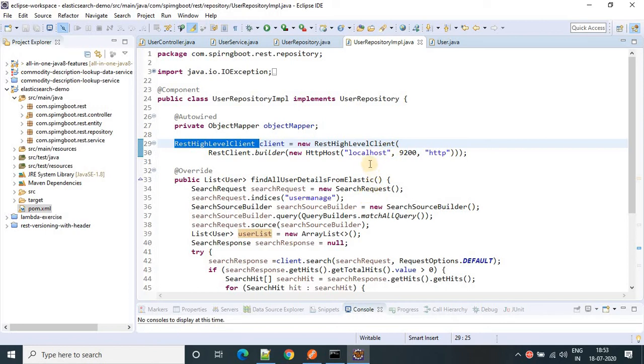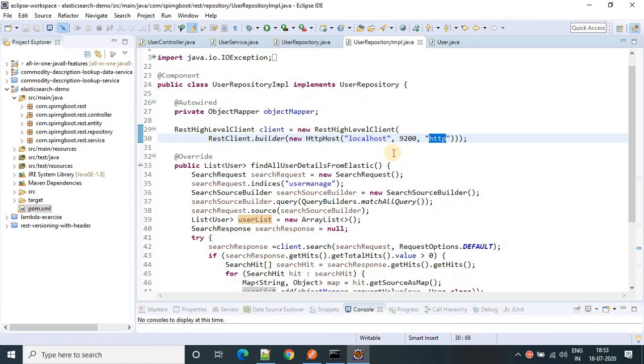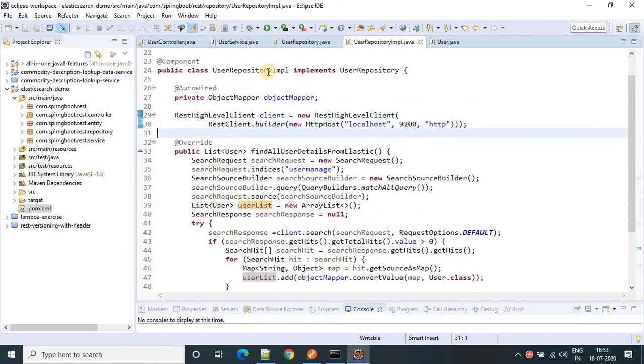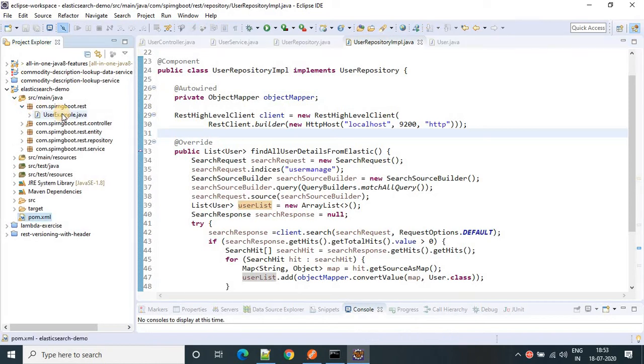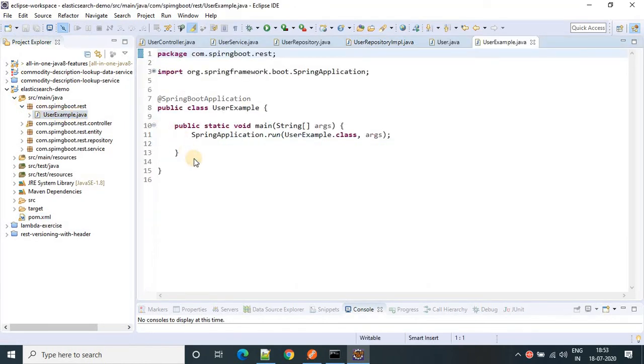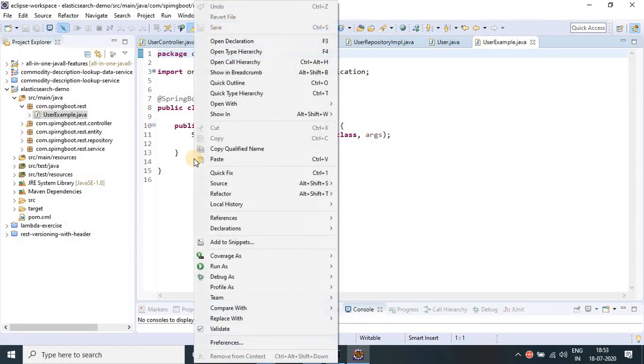For my local, the Elasticsearch host name is localhost, port number is 9200, and the protocol is HTTP.